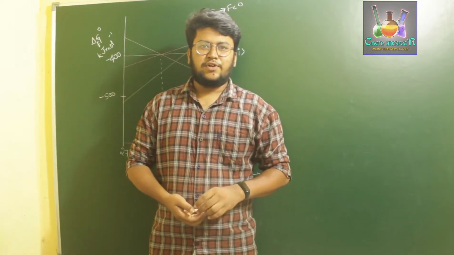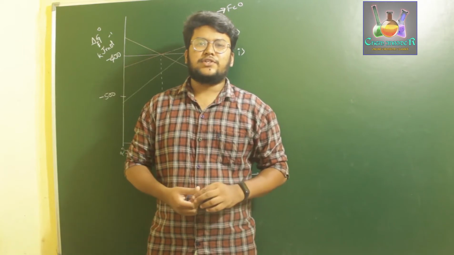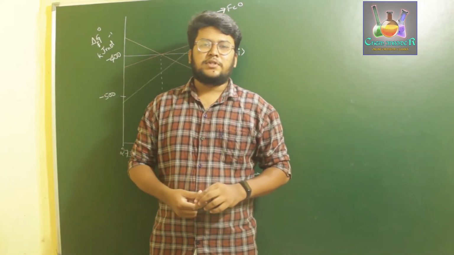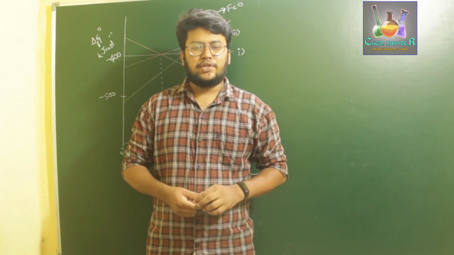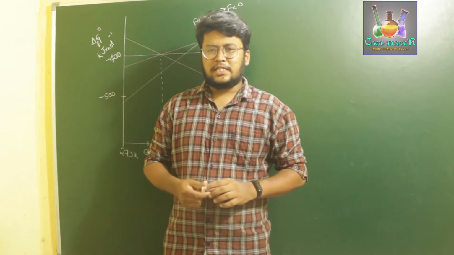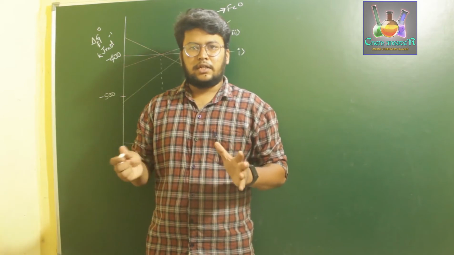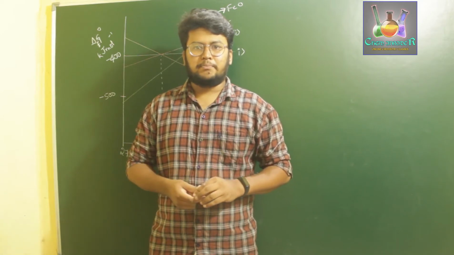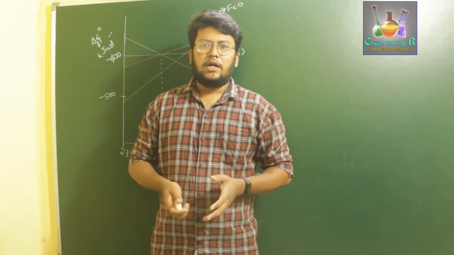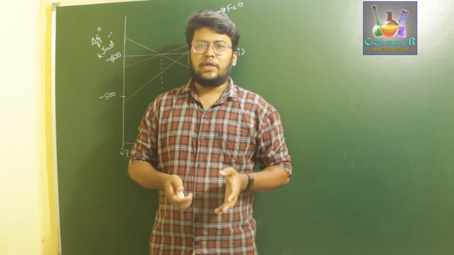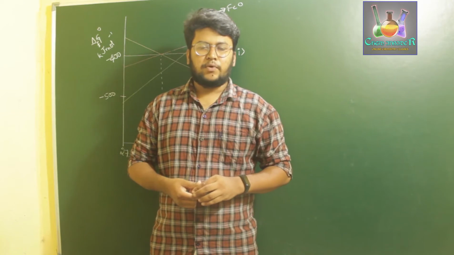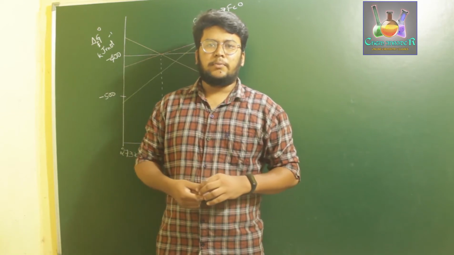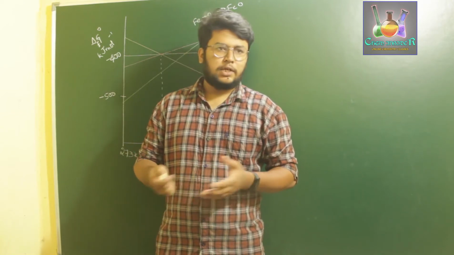So in today's class we are going to discuss some other applications of the Ellingham diagram from the chapter of class 12, that is General Principles and Processes of Isolation of Metals. In the previous class we discussed the complete explanation regarding the Ellingham diagram: how it is formed and how it works while choosing a suitable reducing agent for metal oxide to metal conversion.